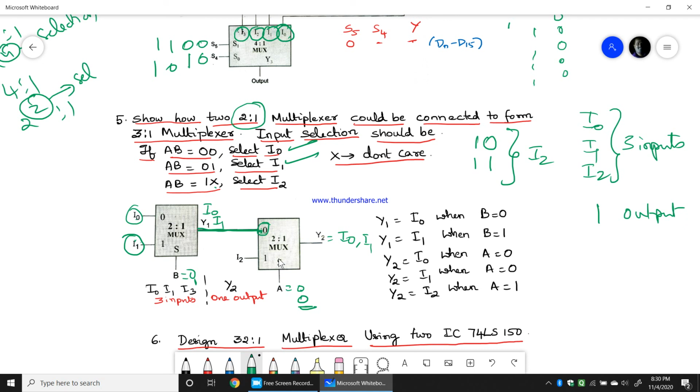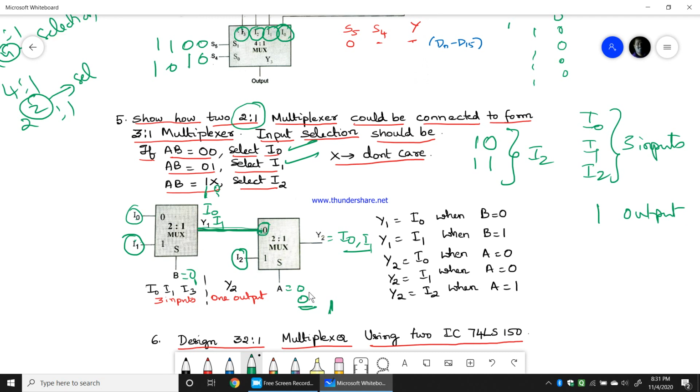Fine. So I0 and I1, I got it. Now the last condition, either 1 0 or 1 1. Let B be either 0 or 1. See now, this is the beauty of this. Now A is 1. B can be anything because when A is 1, I2 is selected. No input of B will be selected because it is given to the first input of this 2:1 mux.